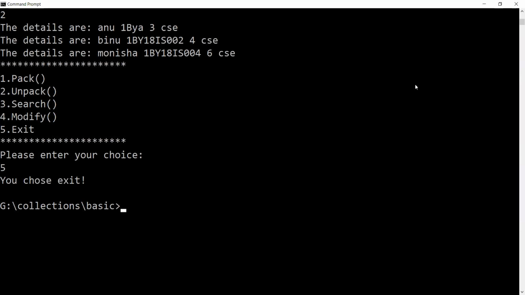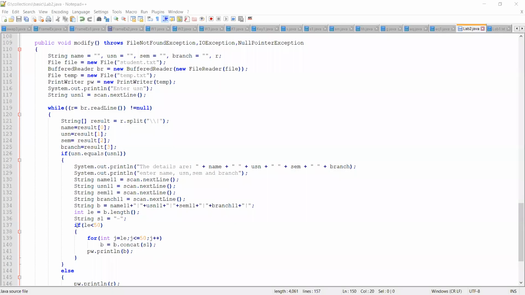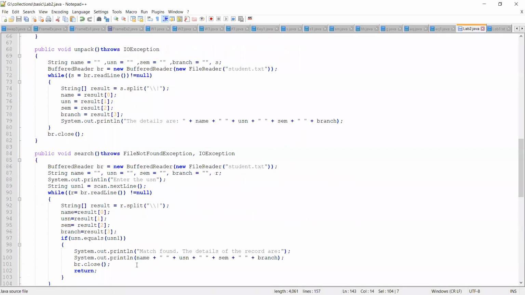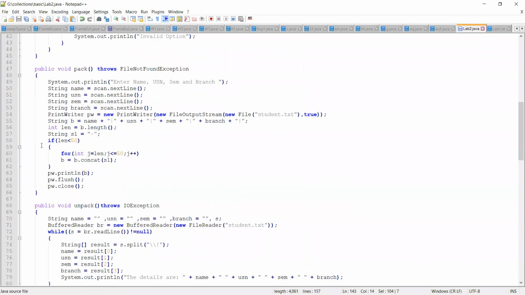The part of the code that you need to modify is this part, the part used while writing. This is the place where you need a slight modification in program 3. Other than that, program 2 and program 3 almost remain the same.